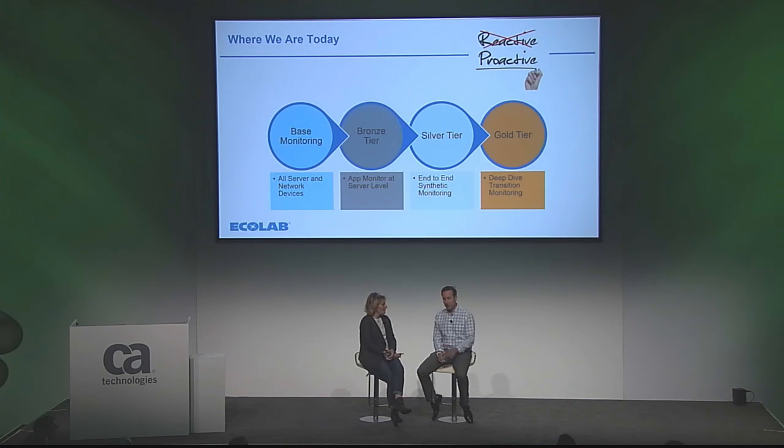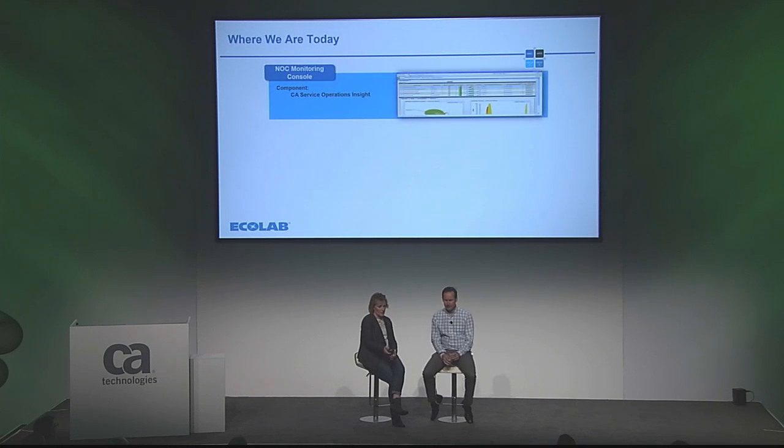And by doing this, it allowed us, we didn't have unlimited finances, right? Like I'm sure everyone else does, but it let us really take the finances we did have for monitoring and focus on our more critical apps while still maintaining a level of monitoring everywhere else. Excellent, excellent. Now, as you mentioned, you would touch on synthetic transactions as we got further in, and that's in your silver tier. So let's take a look closer at your...